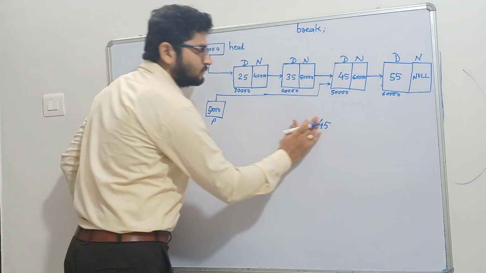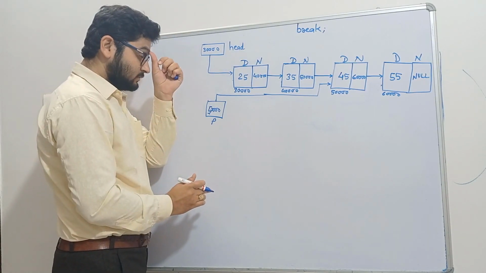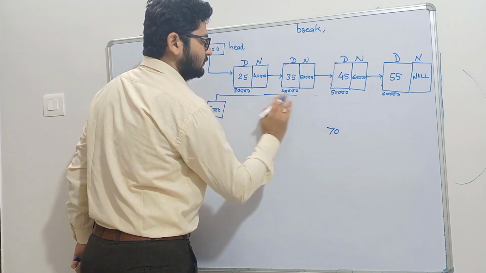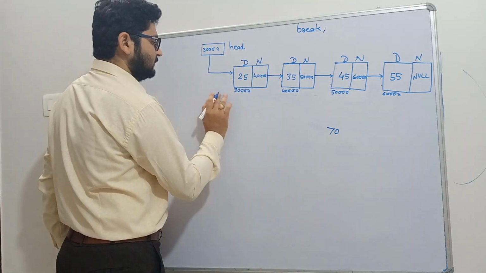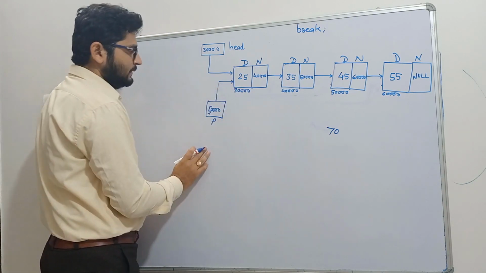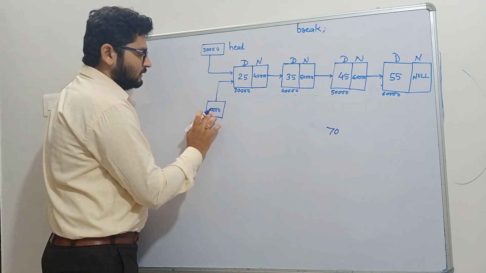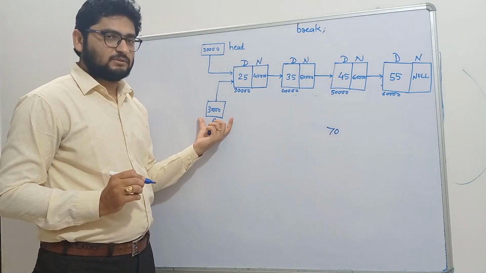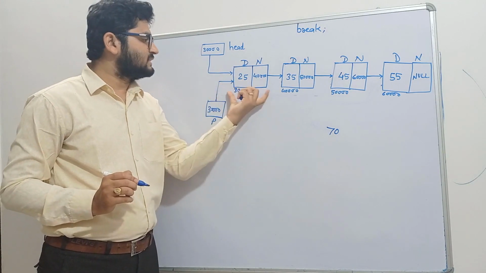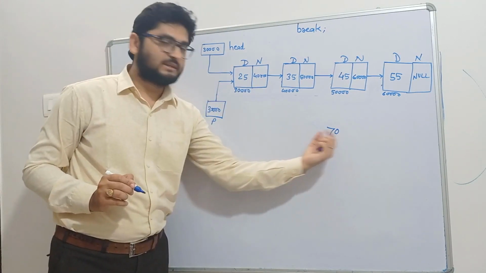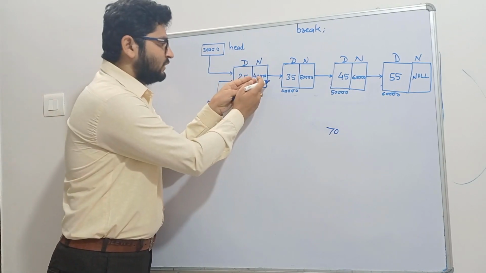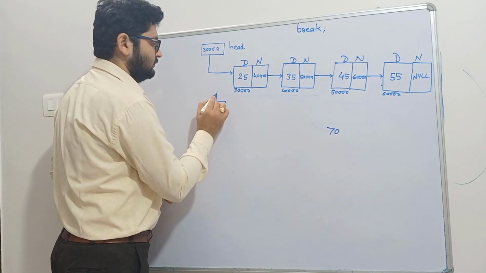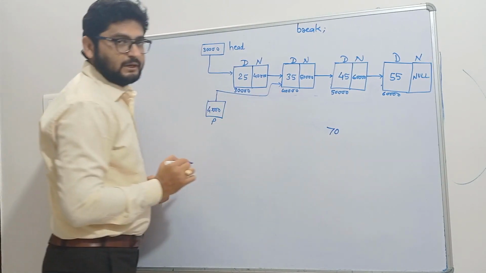Okay, now let us see a value which is not present in the linked list. Let us suppose 70. Again, we will start from the beginning. So initially this P will be pointing to the first node, and the value of this will be equal to 30,000. That means it is pointing to this node. The value at this node is 25. 25 is not matching with 70. So what we do? We just copy this 40,000 to this P, so that P will point to the next node.